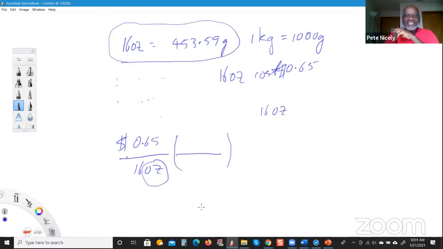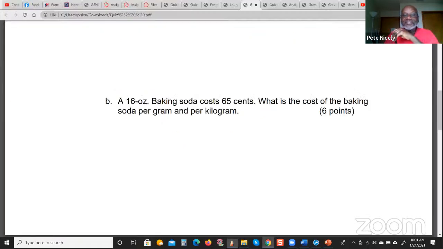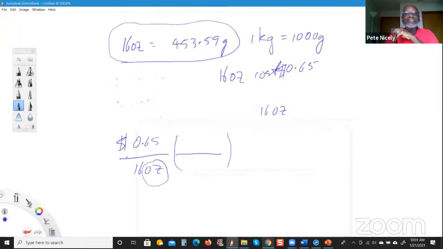So what I would do is put, hold on, did I see this right? Hold on, let me make sure. Right, okay. So I would put 16 ounces here. And down here, I'll put the mass in grams, which is, I'm sorry, 453.59 grams, all right? So the ounce units will cancel out, and for that matter, the 16 will cancel out as well. So you're going to end up with